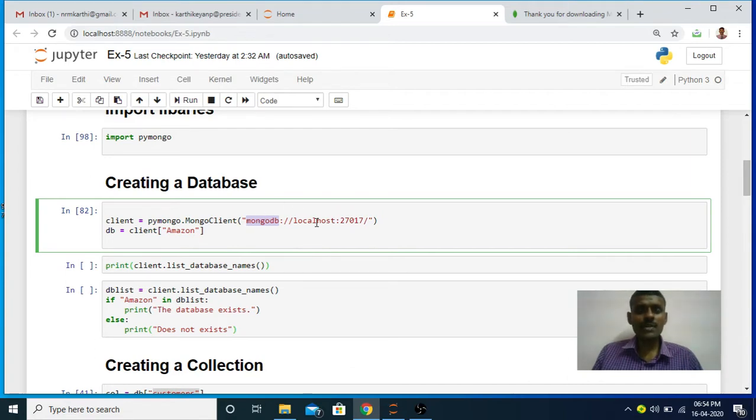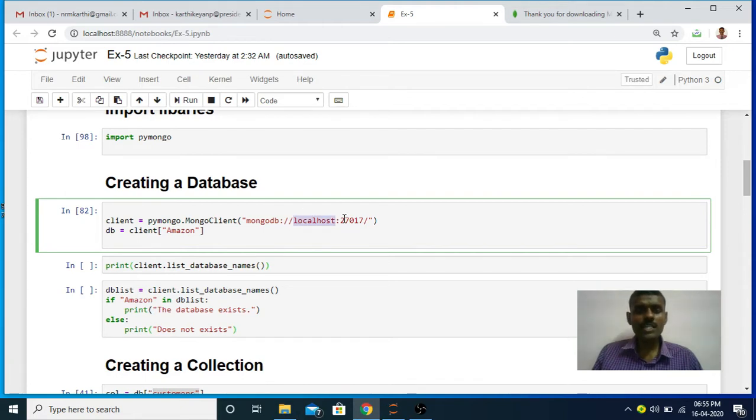The next parameter is localhost. The localhost refers to the IP address of your machine. Here the localhost refers to my local machine. Instead of localhost, I can find out my IP address and use it here. In some examples, you may want to work with a remote database server. In that case, you need to find out the remote database server's IP address and specify it.